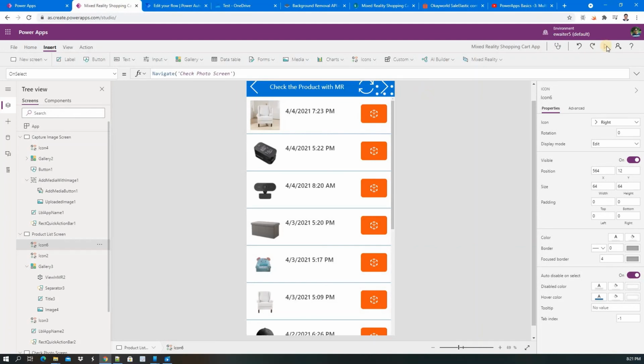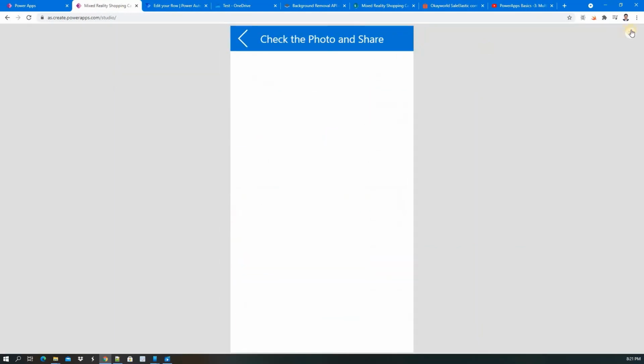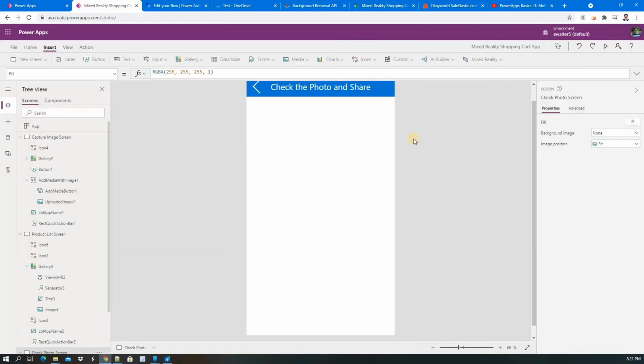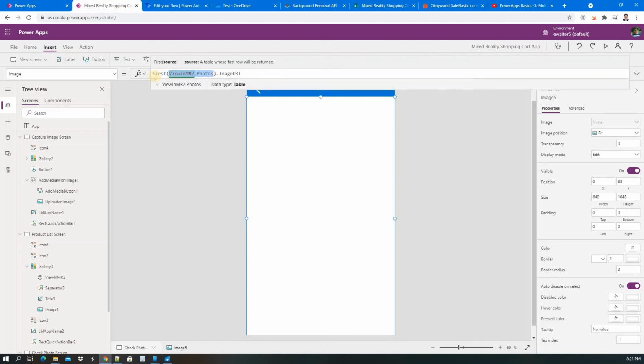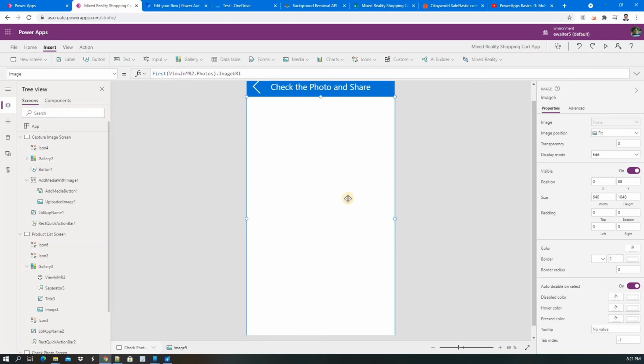Whenever you click on the take photo button in mixed reality, it goes to that photos collection. I always take the first one and put it in the image URL. That is the reason in the last screen you can see that photo.